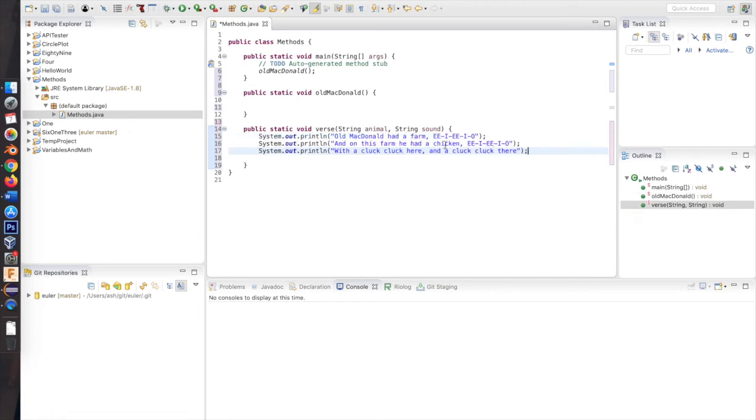and I'm going to replace a few things. In my system prints, I am going to concatenate into the middle of the strings. I will replace the animal's actual name with just the variable animal, and I'm going to replace the sound the animal makes with the variable sound. You'll notice that I'm using the plus sign, and I need to add a little bit of a space in there just to make it look good. And now when I run this method,